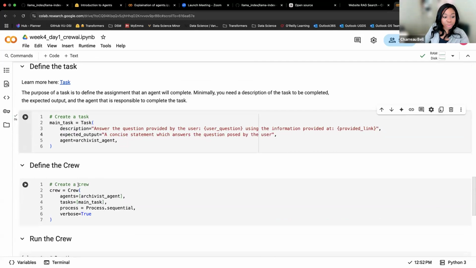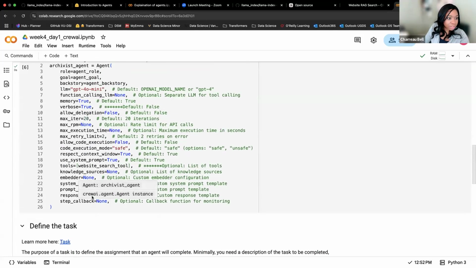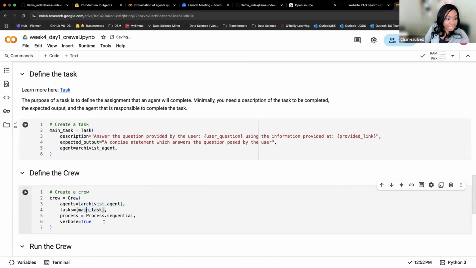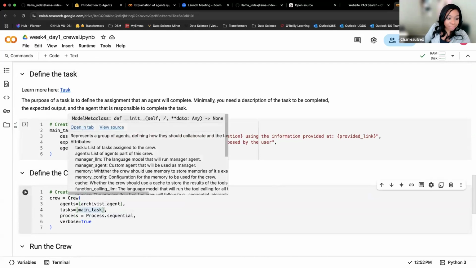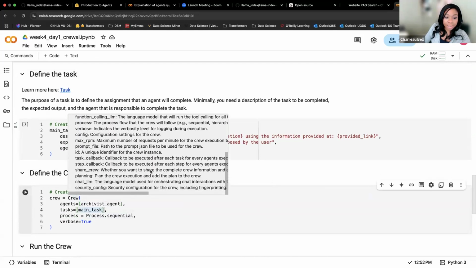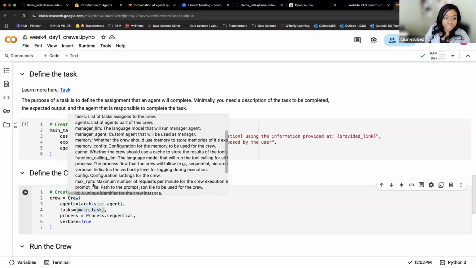We also make the crew here, where you're seeing that we have the agent, which we call archivist agent. We have our main task here. We define this as a sequential process. Do look at the hierarchical processes because they allow one agent to orchestrate the others. Also in our crew, we have access to planning LLMs. So we have a planner that starts out with some tasks or a way to get to the goal, and then as it executes further, it updates that plan as needed. Just keep that in mind, again, thinking about deep research.